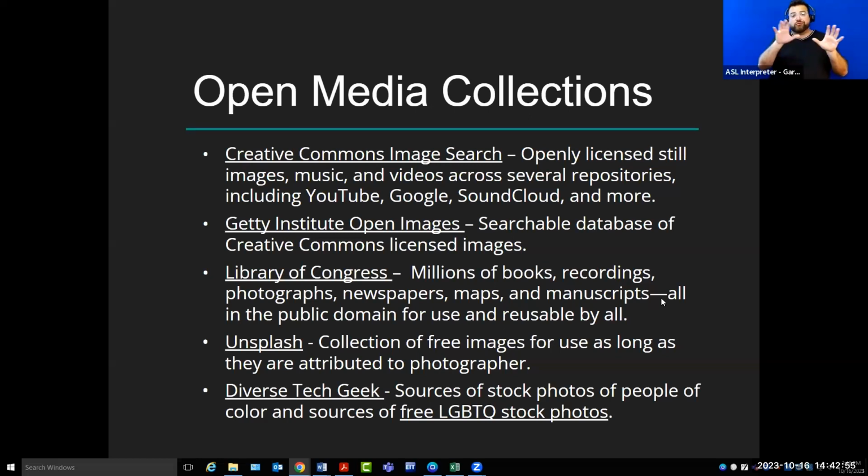So if you are building a textbook, or you're trying to decorate your Canvas pages, or you just want some openly licensed pictures, you want to do it legally, you can use any of these websites, and you can use the Open Attribution Builder to grab the attribution, or a lot of times the attribution will just be right there next to the picture, and you can just copy and paste that and stick it on there, and boom, you're done. So yeah, they're all right here. These are some great sources to use for that.